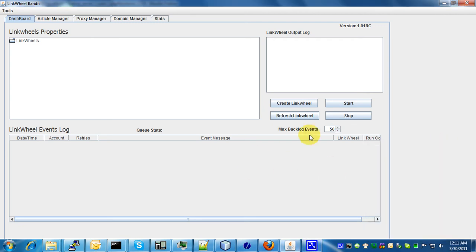Okay guys, so welcome to the first tutorial as far as getting your link wheel set up and running. I'm just going to go through the different options available. When you first open up the Link Wheel Bandit, you'll see the dashboard here, and then from there you can